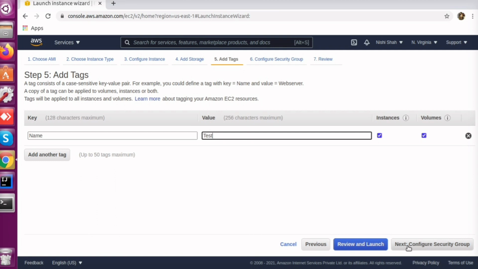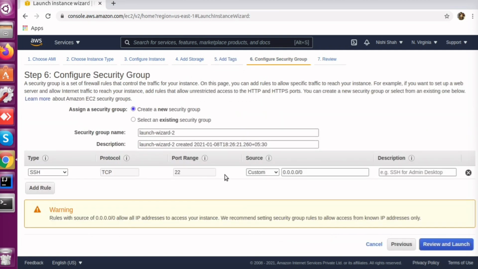So now next, here you can set some security groups, but I am selecting an existing one.